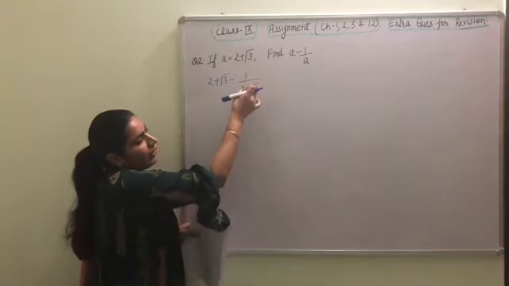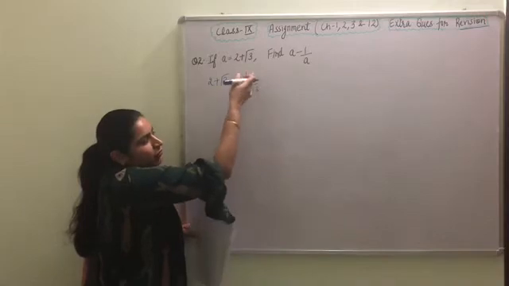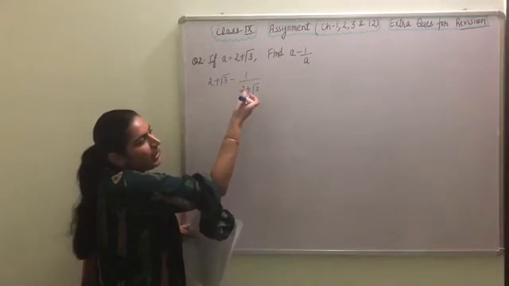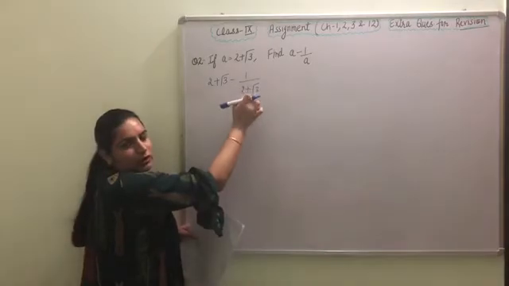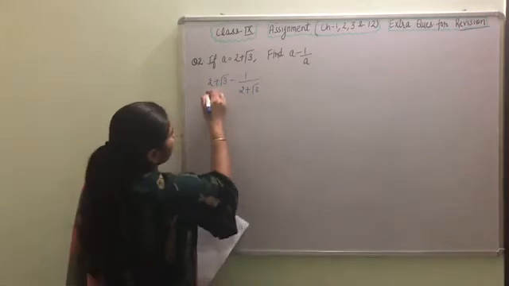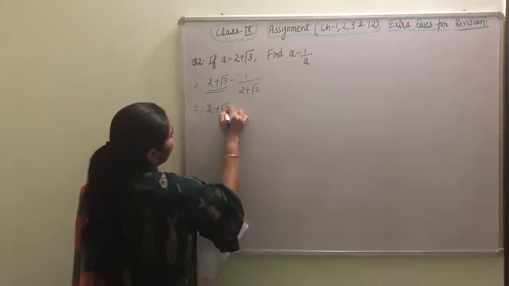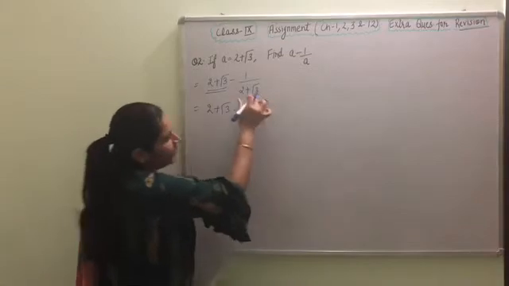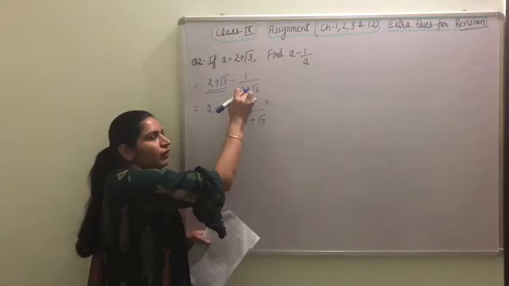Here we want to find the value. So in the second term, basically this root 3 is there. We want to remove this root. And how can we remove this root? With the help of rationalization, because I don't want this root in the denominator. So here I am doing the rationalization in the second part. First, this first term we will write as it is, 2 plus root 3, and in the second term we are rationalizing.